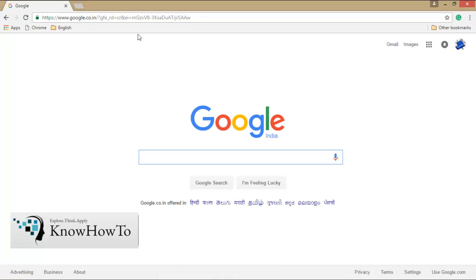So once you search for anything on Google, it will automatically filter out all those images, videos or websites that are restricted for children. Please note that your safe search setting will reset if you delete browser cookies.